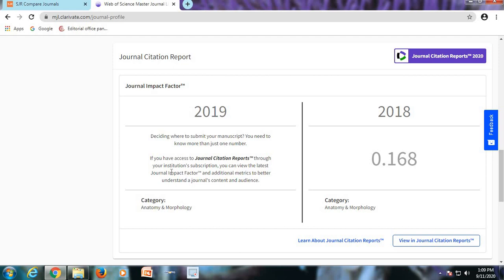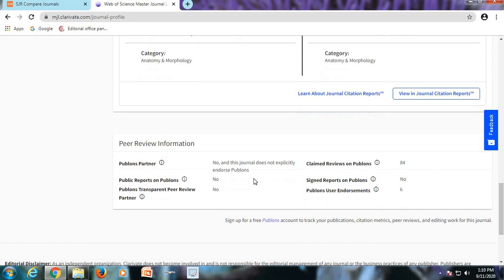If I have an institution subscription, I can go into the Journal Citation Reports directly and check out the impact factor. So Journal Citation Reports needs a subscription, and that's why I didn't enter into the Journal Citation Report web page. I have entered into the Web of Science, and in the Master Journal List I'm just getting the details about the journal. And this is about the peer review information.